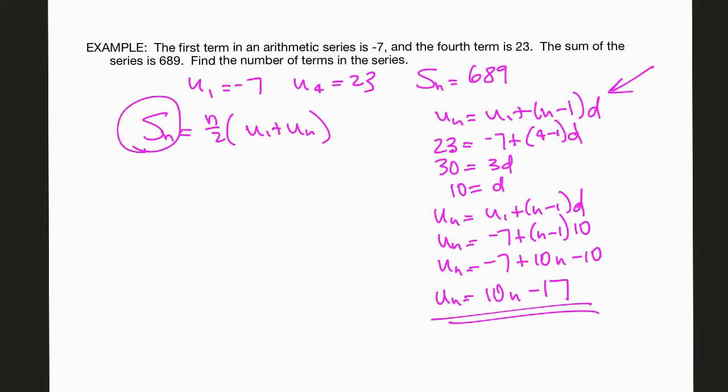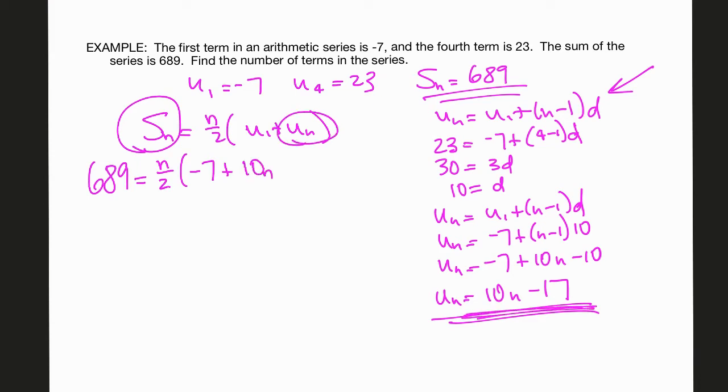So let's see, I know the sum, it was given as 689. I don't know what n is, right? That's what I'm trying to find out. I do know the first term. And then this is any number in the list. That's where I'm going to plug this in: 10n minus 17. Okay, so if I multiply both sides by 2